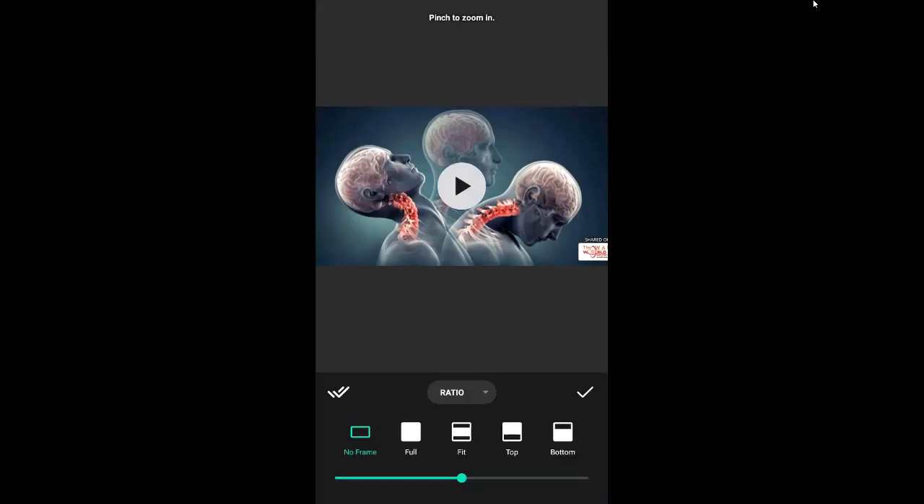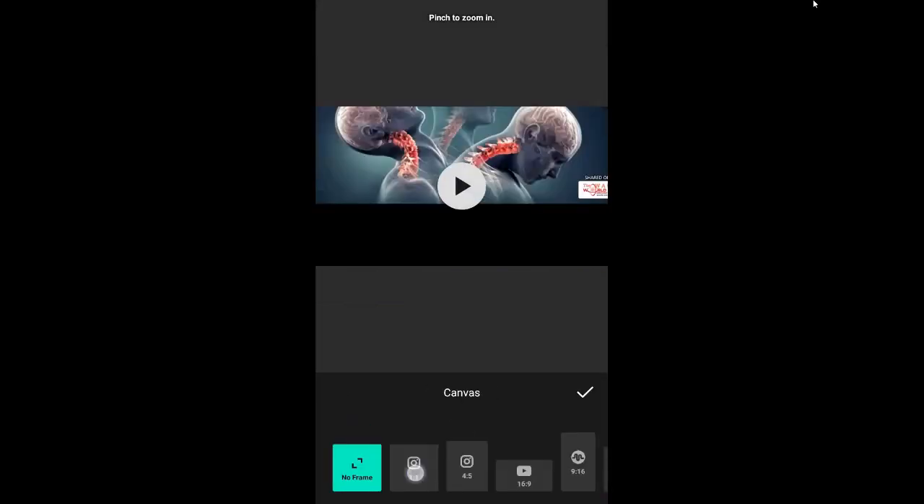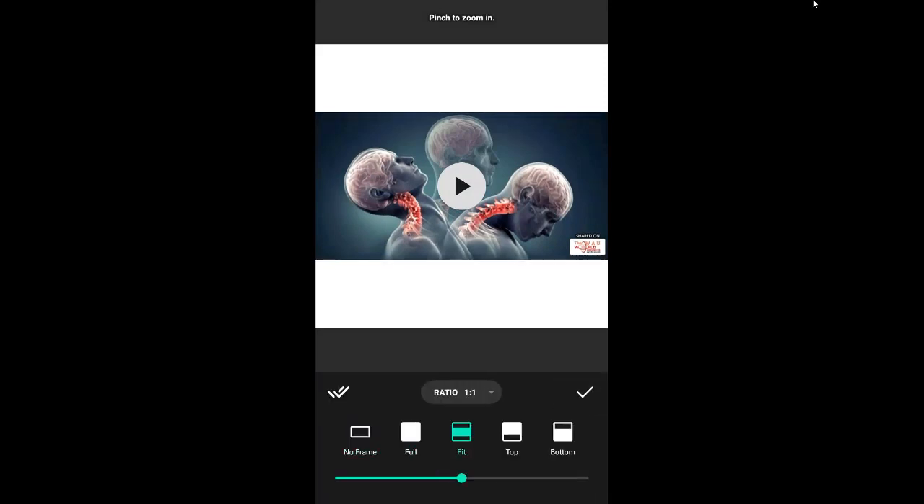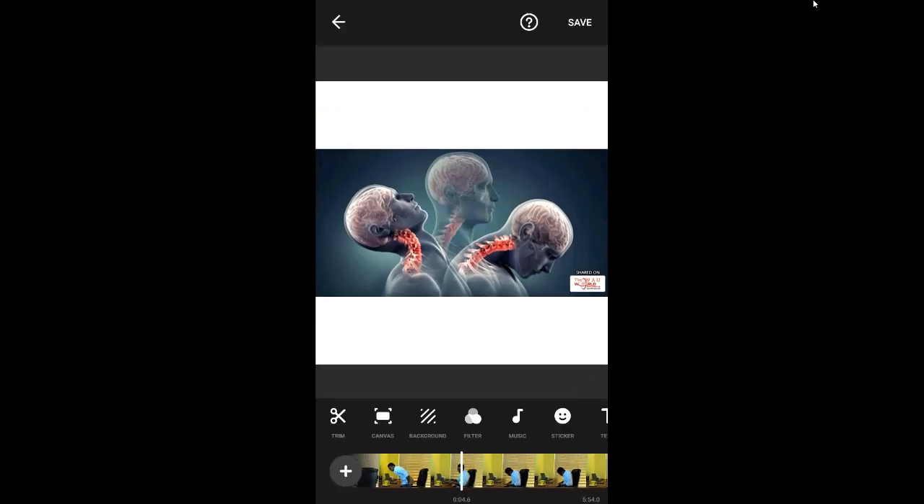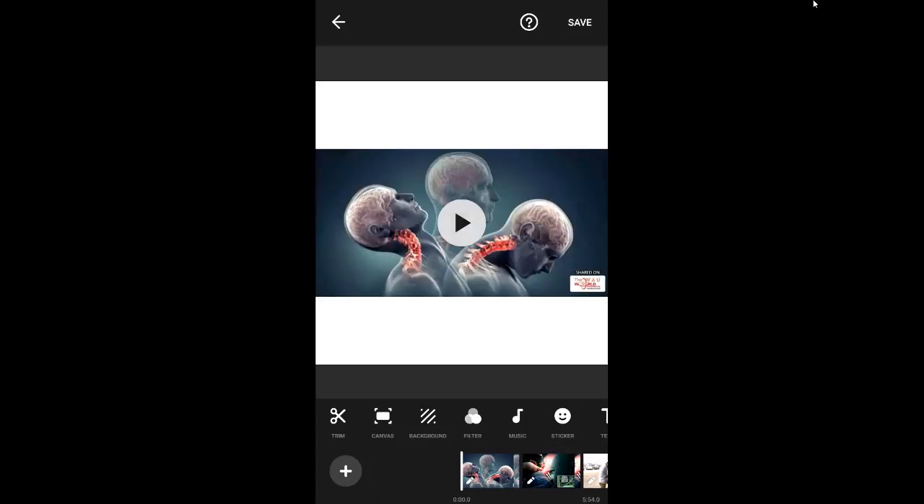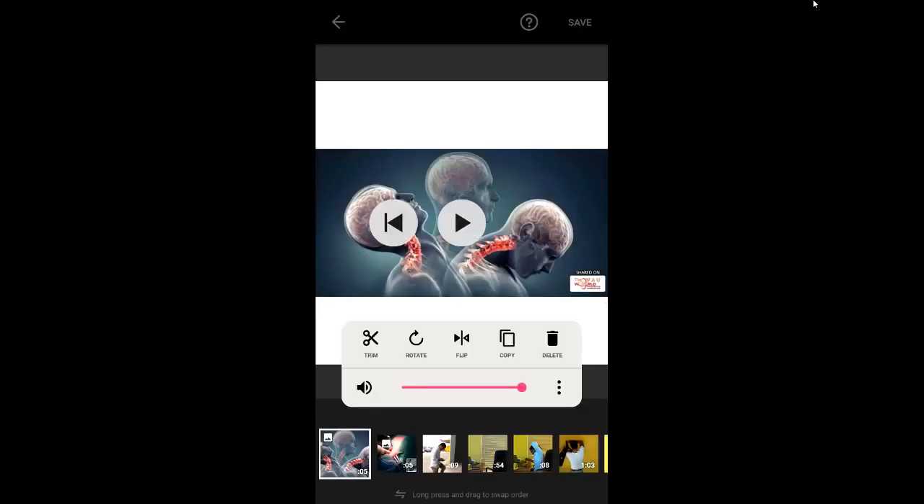So the first thing I'm going to do is I'm going to change my canvas. I want the video to be square, so it's square. That way I have white and black up, so I can add text on it. So once that's done, you can see the rest of the video has that white bar on top, right? So I'm going to use this one, and I'm going to add a text